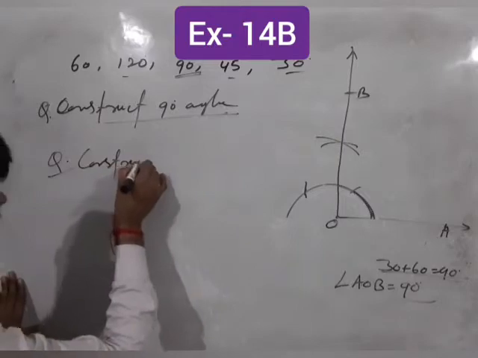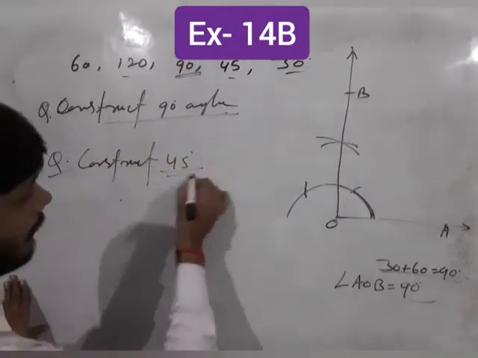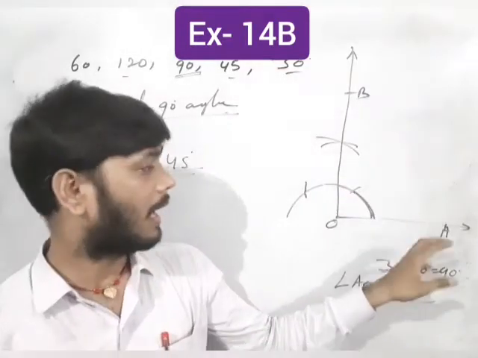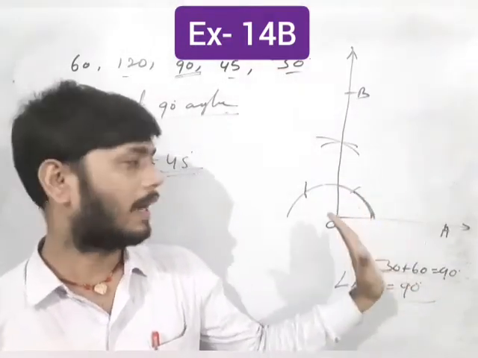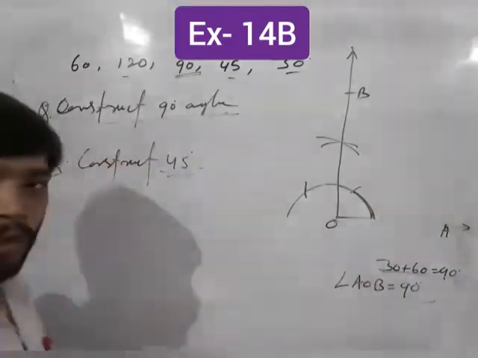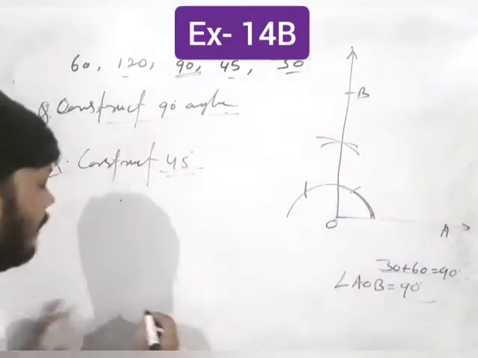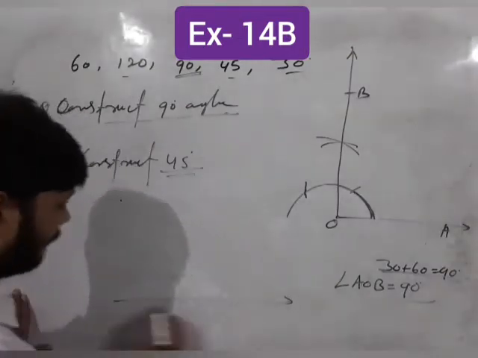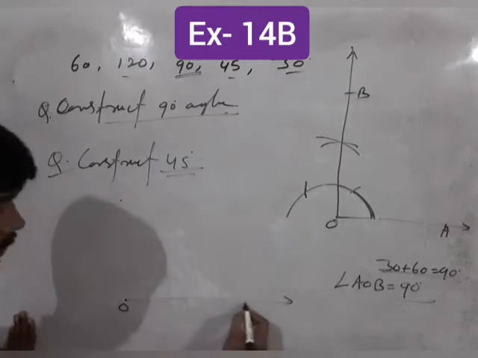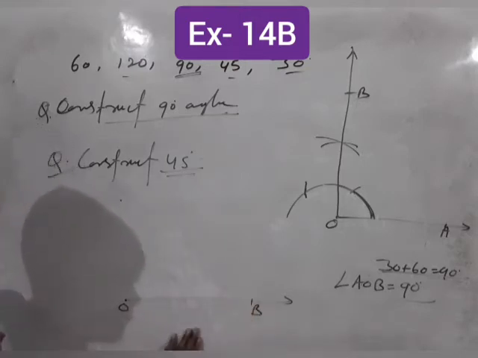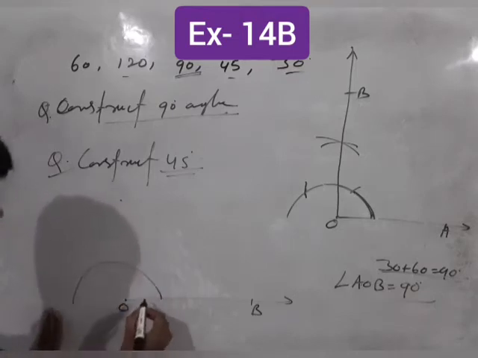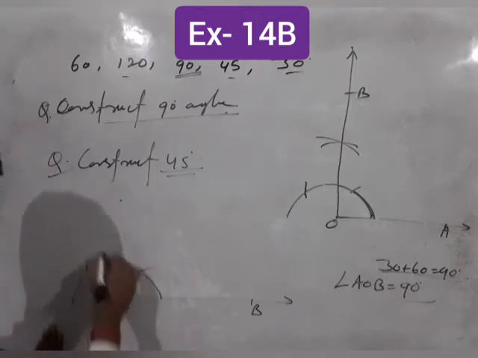a 45 degree angle. That means, so students, first of all draw a 90 degree angle, and then you have to draw the angle bisector. That means bisect the angle, and I think you know how you will bisect the angle. First of all, draw here OB, and draw an arc here, and here 60 degree, here 120 degree,